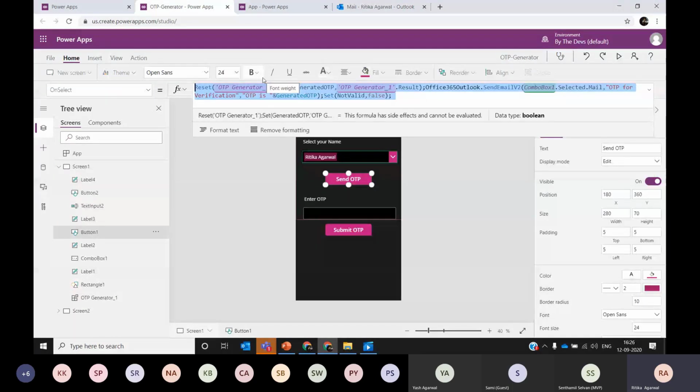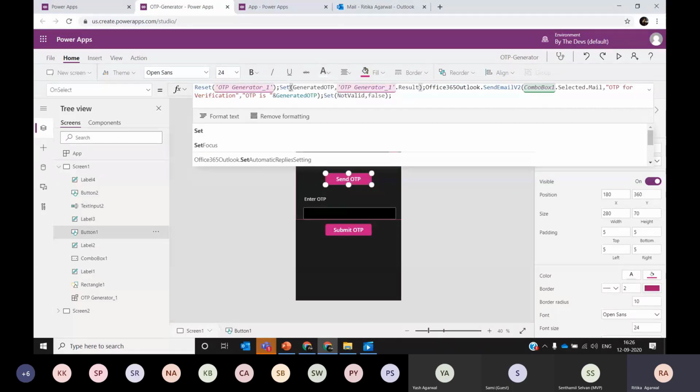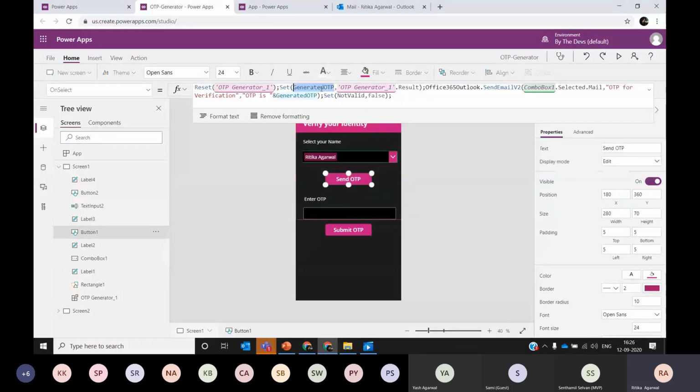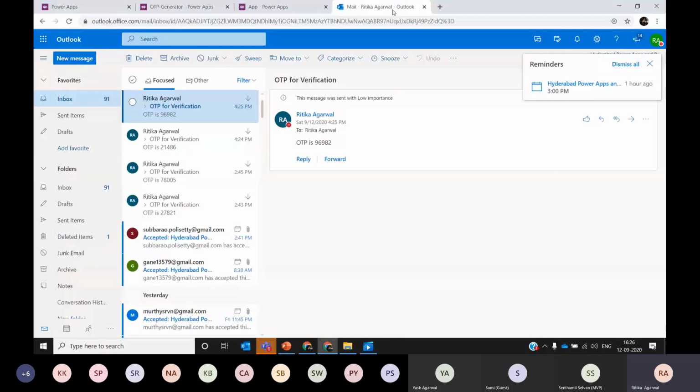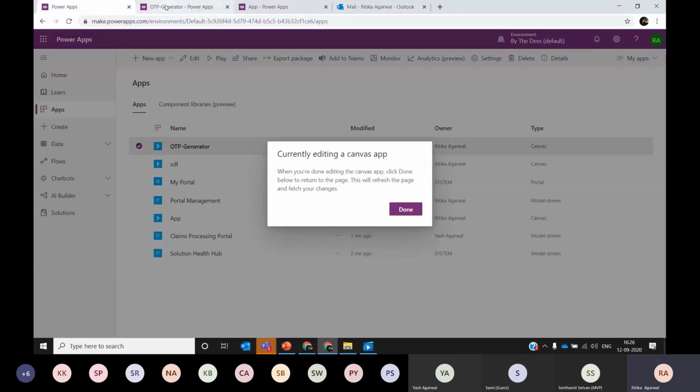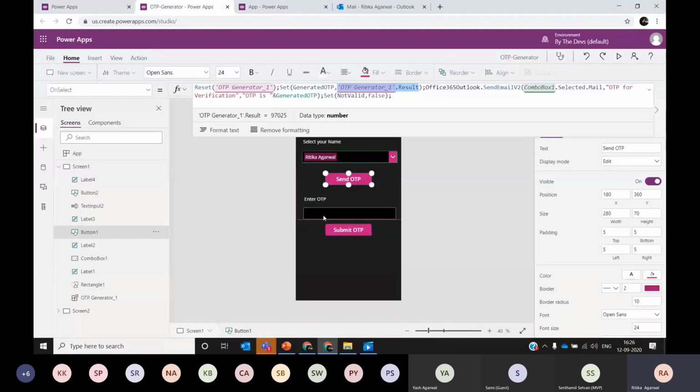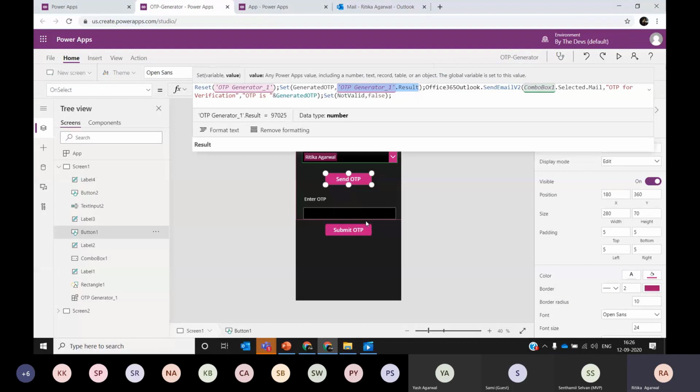So once the OTP is assigned, it is going to trigger that timer. And once that time is completed, or the 5 minutes are completed, you can set an expression on the OnTimerEnd property, like set generated OTP equals blank. If the OTP is blank, even if the person tries to enter the right OTP after, let's say, 5 more minutes, they will not be able to enter this application.